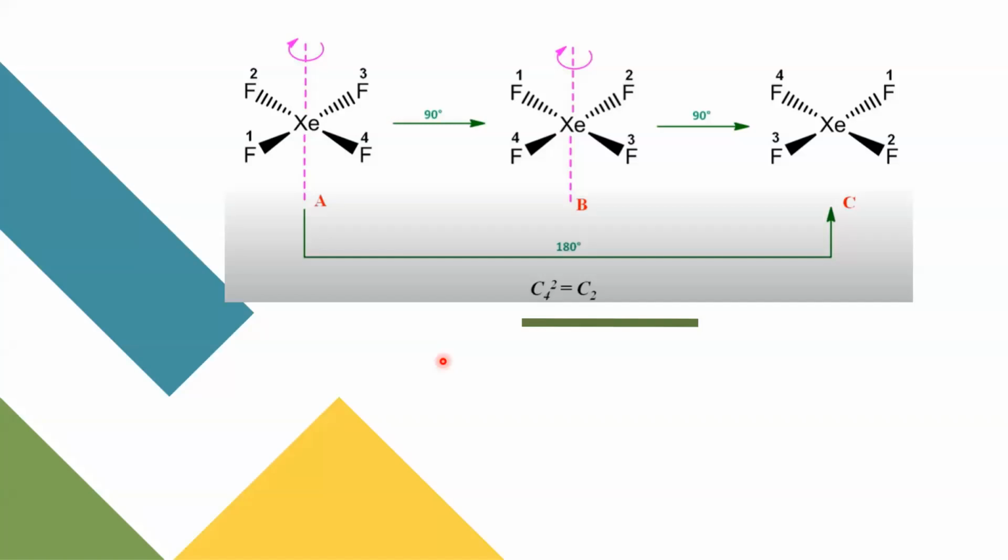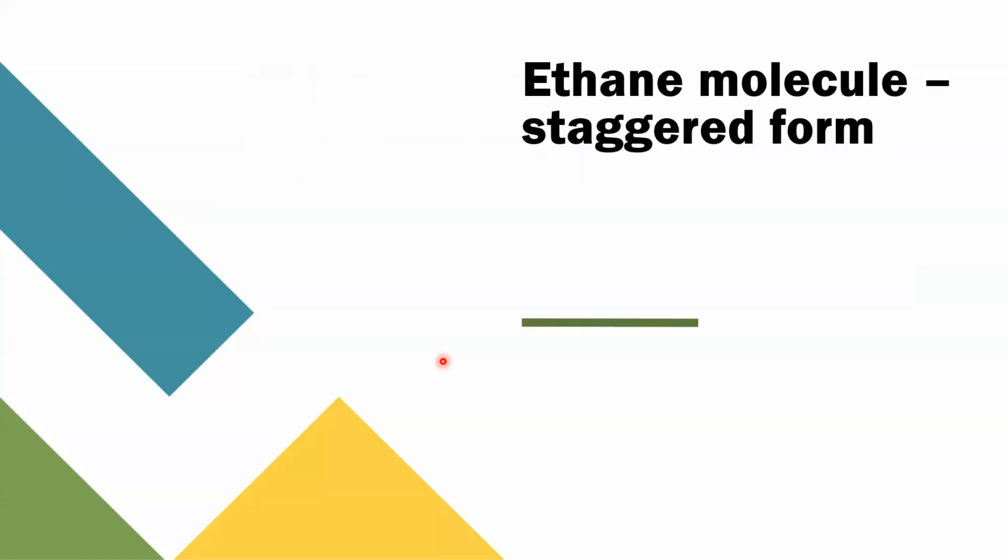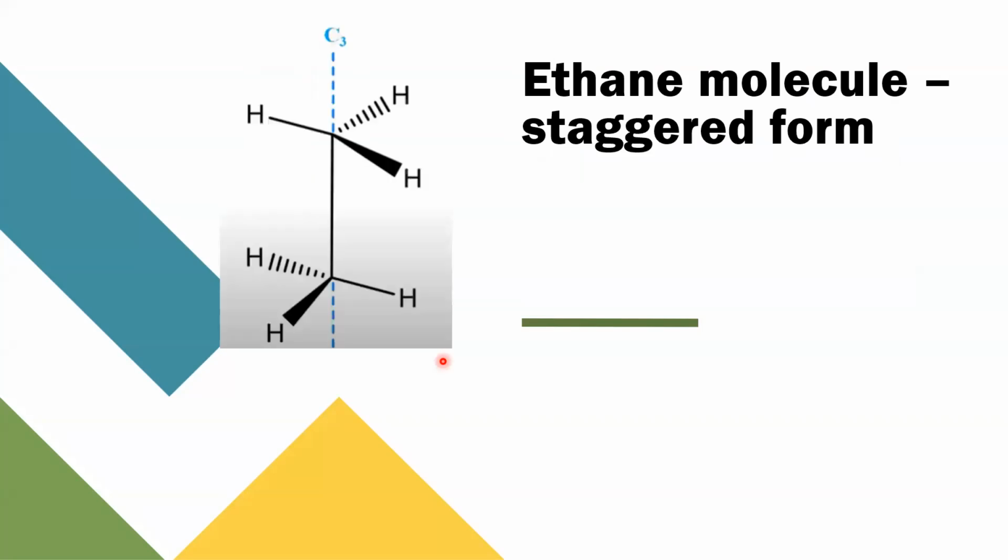I will try to explain as much as possible using examples, then it will be clear to you. Right. So we'll take the ethane molecule, the staggered form. Okay. So this is the staggered form. These two H's lie on the plane of the paper. These two are going up, down, and these two are coming out of the plane. Right? So you can see